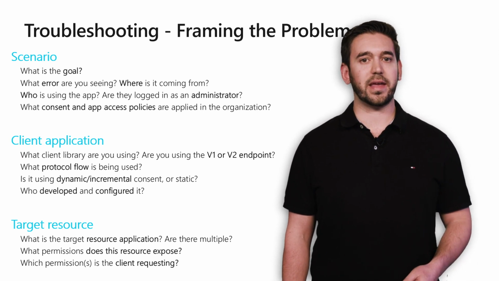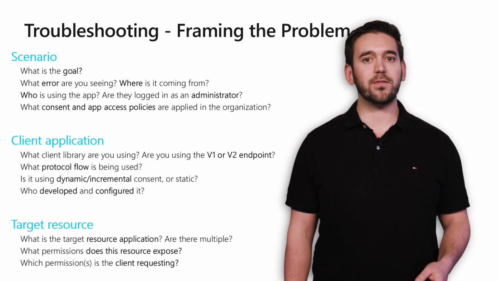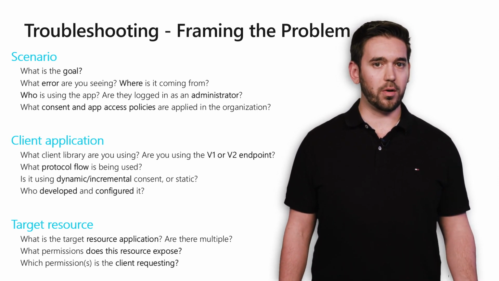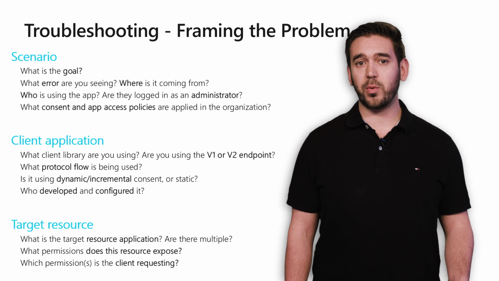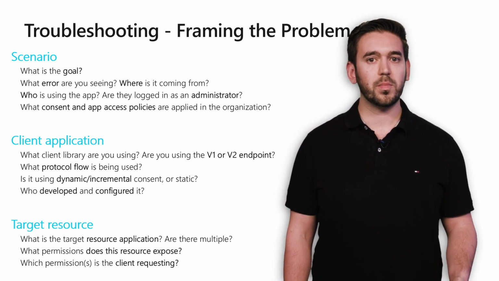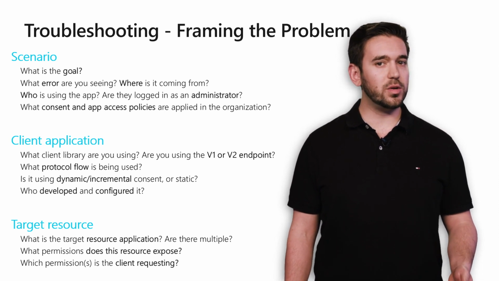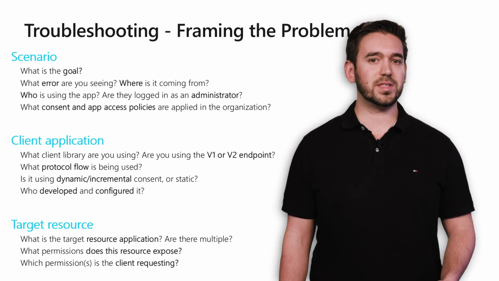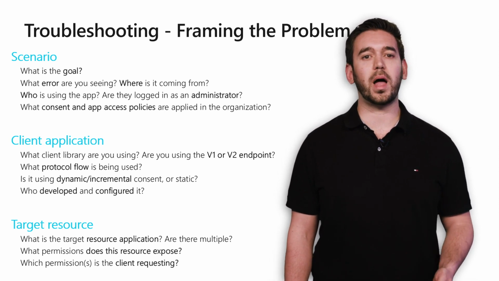You want to ask questions like, what data does it need to access and for what purpose? You want to look at what error you're seeing and where it's being thrown. Is it coming from the authorized endpoint, the token endpoint, the actual API call, or somewhere else? Who's using an app? Is this an end user or an admin? If we're talking about Azure AD users here, what consent and app access policies might have been applied in that